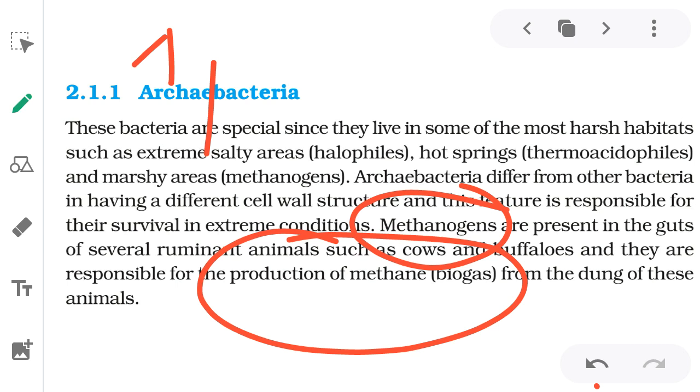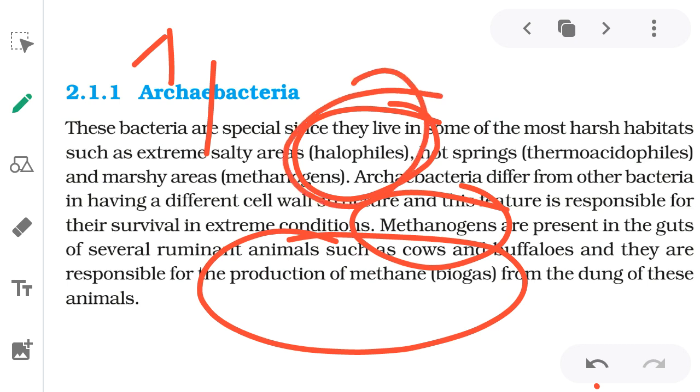Next one is halophiles. Halophiles means these archaebacteria are found in the region of high salinity. High salinity वाला जो एरिया होते हैं, जहाँ पर ज़्यादा सैलाइन वाटर होता है, नमक ज़्यादा होता है, तो वो होता है एरिया। फॉर एग्जांपल अगर हम बात करें डेड सी इन इज़राइल, वहाँ पर मिलते हैं ये। ओके, हाई साल्ट वाला जो ग्रेडियंट होता है वहाँ पर ज़्यादा पाया जाता है, सो साल्टी सैलिनिटी होता है।